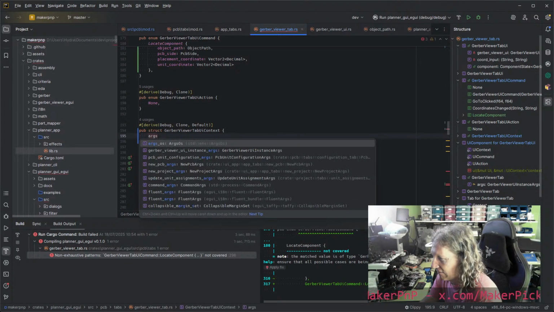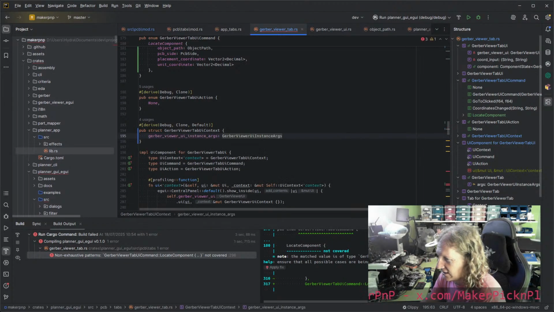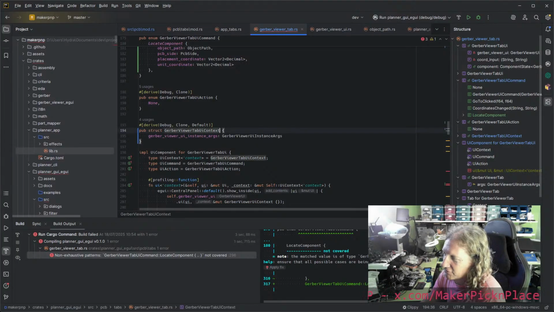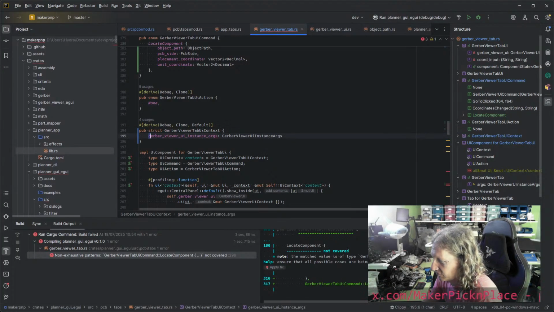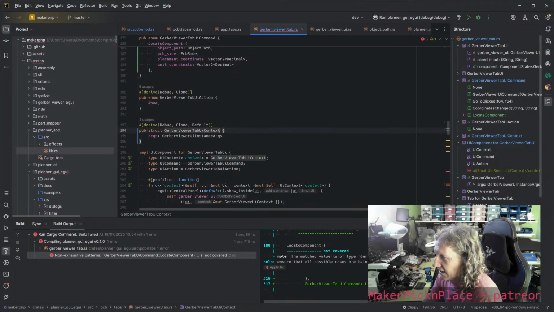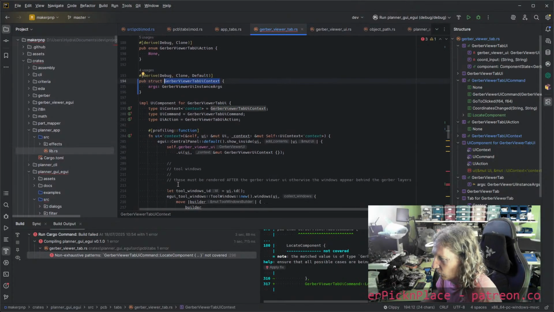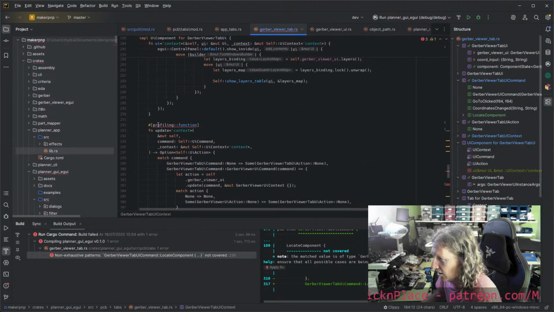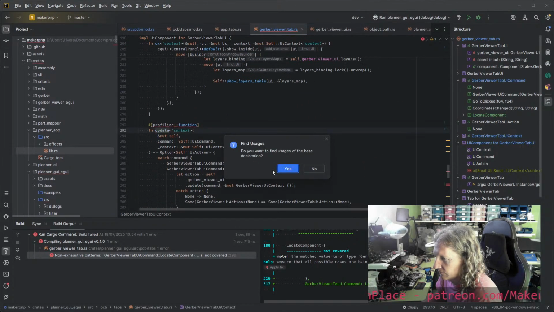Args. Right. And the reason we need that in here is that when the update message is called,